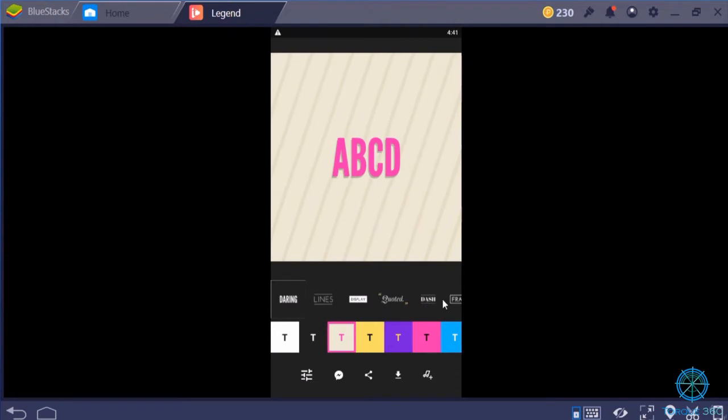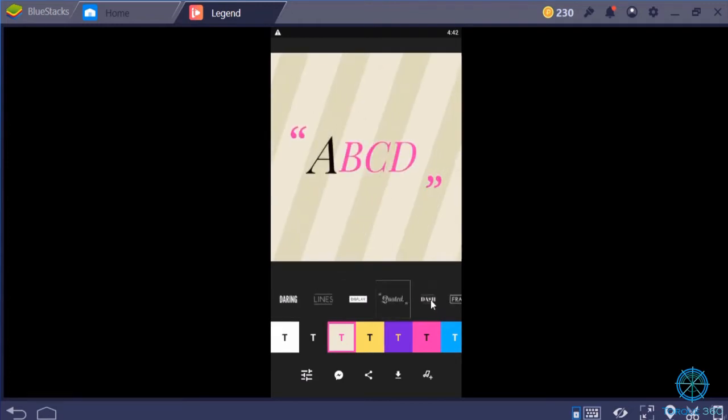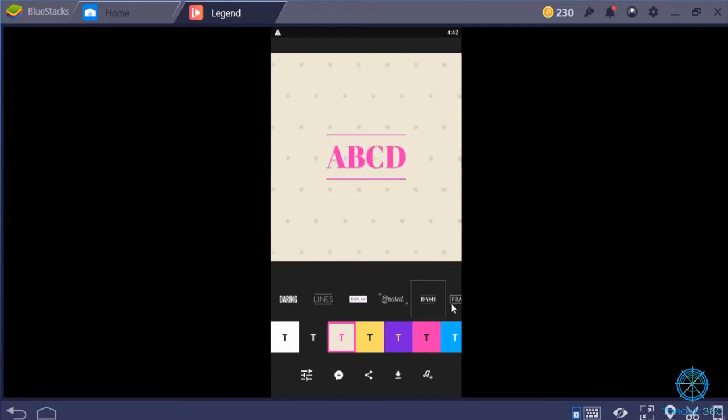Then there are some effects for text and for background. So for example, if I want to choose this or this or this or whatever I may want to, there are several effects for the text here. For example, I am choosing this and turning it into a video later. Now I am going to choose a background from here. For example, I am choosing this one,